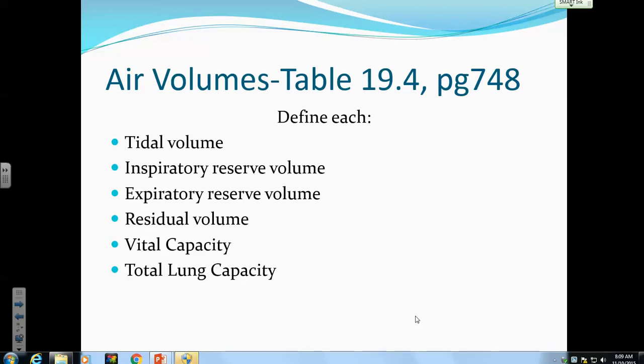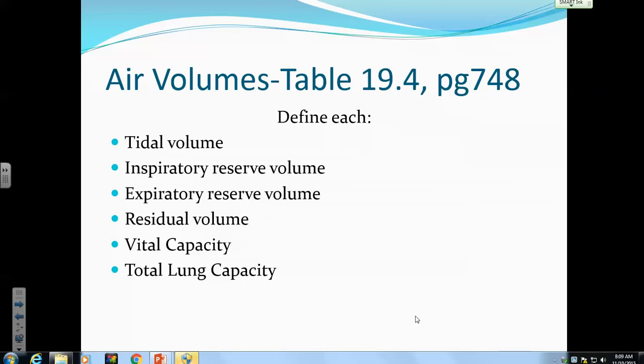In lab, we'll have a little instrument called a respirometer. We won't do that today, but when we do the lab on the respiratory system, you'll get a chance to measure your vital capacity and compare that to vital capacities of other people of your age and height and gender. We'll have tables we'll look at for that. Then the total lung capacity is a combination of the residual and the vital capacity. So that's like the capability, the capacity.